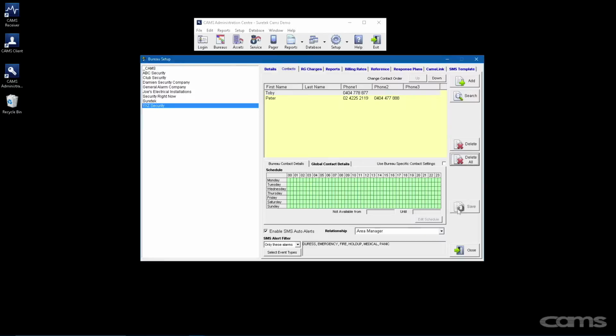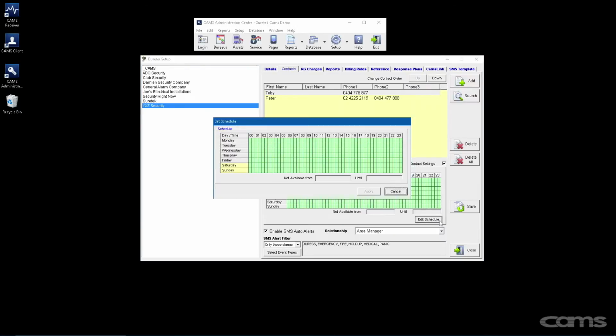To set up a customized schedule for this bureau, simply check the Use Bureau Specific Contact Settings function. So this means that any schedule, alarms, and so on that you set up here will only apply to this contact for this bureau. Let's click Edit Schedule, and here we can highlight which days and times Toby is available